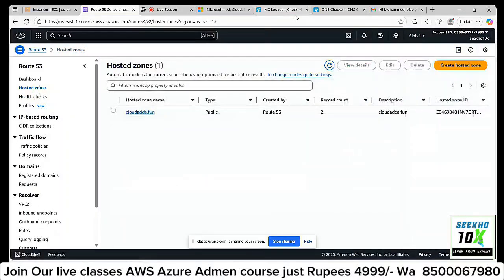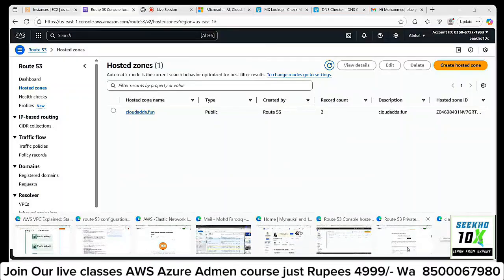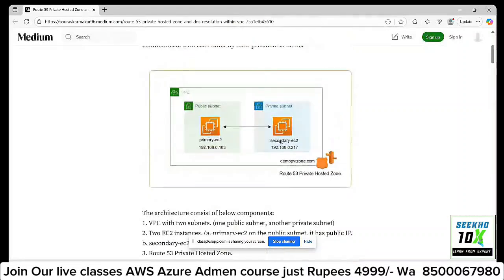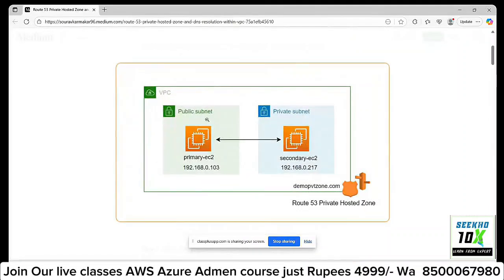Before going for that, we will do this setup. Private setup, which we can do. We can use this as a setup. We will be creating one VPC, a public subnet and a private subnet, one public primary EC2 and a secondary EC2. We'll have only a single VPC and multiple subnets, and we can host that through private hosted zones.